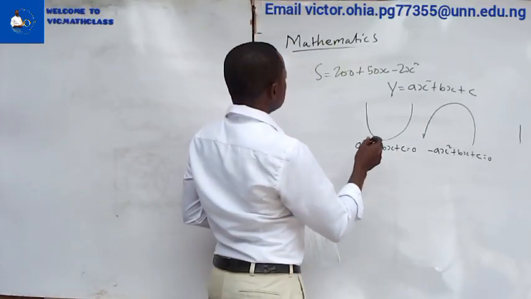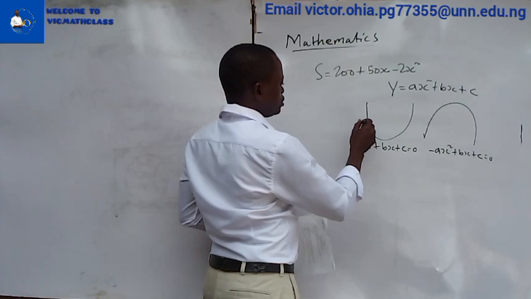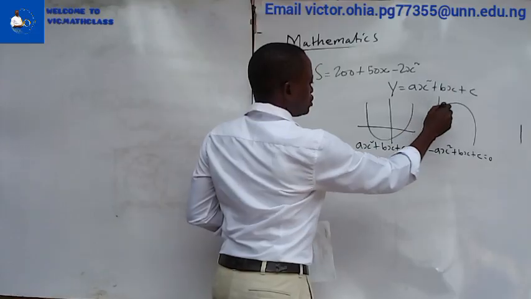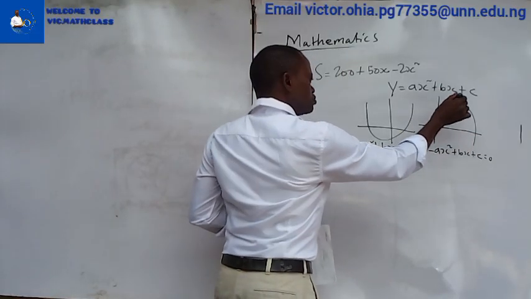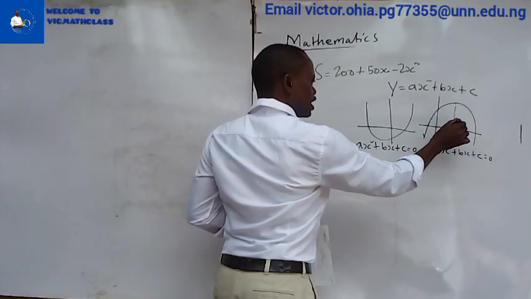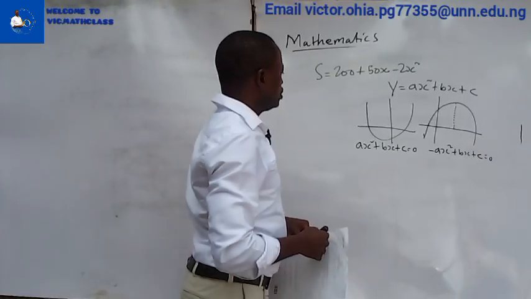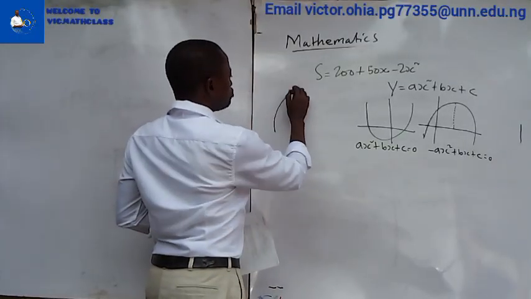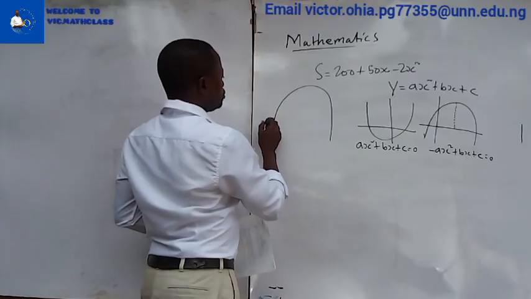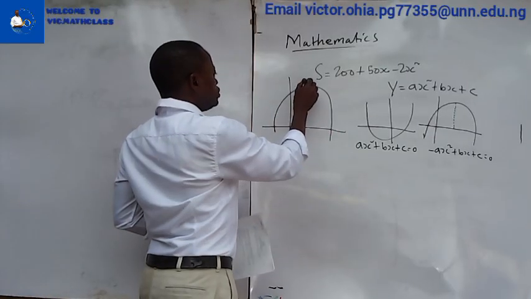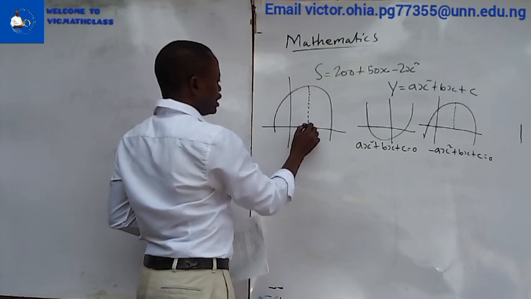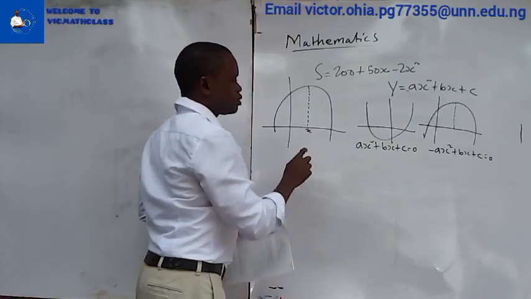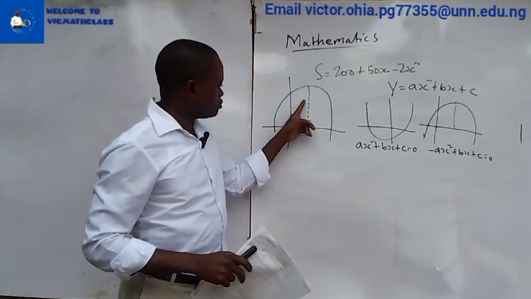Also take note that what we are talking about here is a plot on the Cartesian plane that can be like this, and this can be in this form. So this maximum point will rest on a particular S value. Now I need you to understand with me that when you are talking about a maximum point here, you will be talking about an x value, and this x value lies on this line, which we call